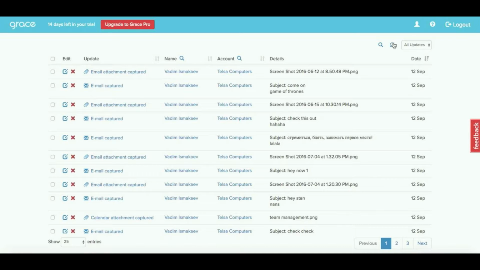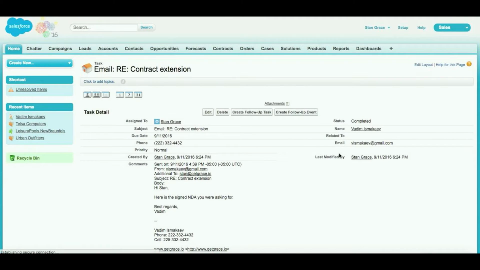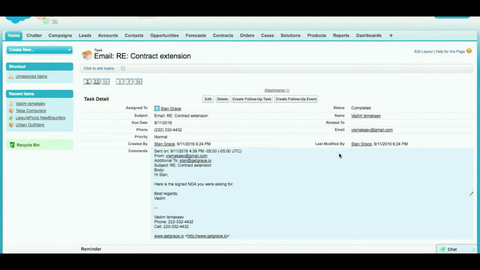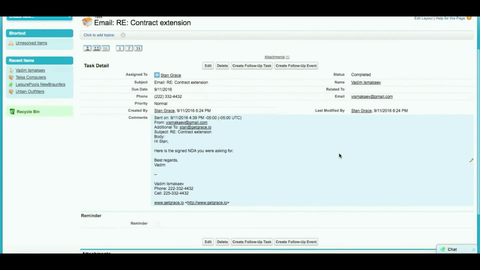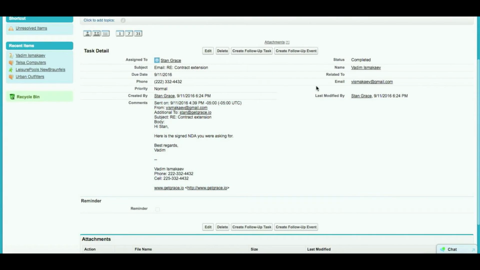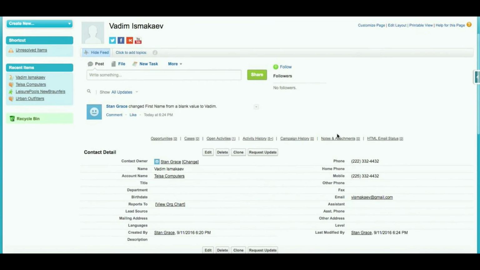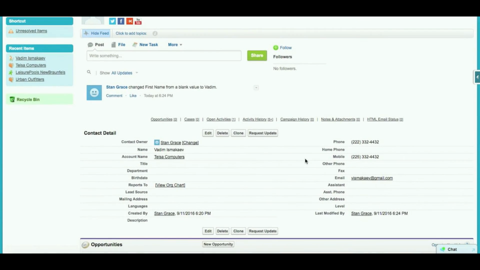updates will appear instantaneously. Now, in addition to capturing your emails and your attachments, Grace parses through the person's email signature and will also capture any missing contact information that's in that signature, like a phone number or a last name. You'll be able to also see that in real time on your dashboard and in the entity as well